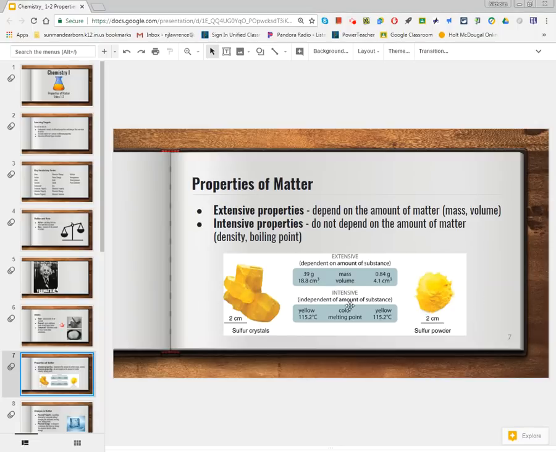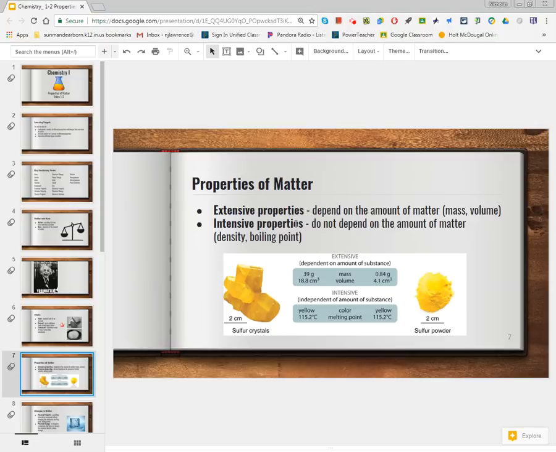So down below, we see this little table. We see that we have sulfur here. We have it in a crystal form and we have it in a powder form. Extensive properties here would be things like mass. This sulfur crystal weighs 39 grams. This sulfur powder weighs 0.84 grams. So we could classify the mass here as an extensive property, just like the volume, the amount of space it